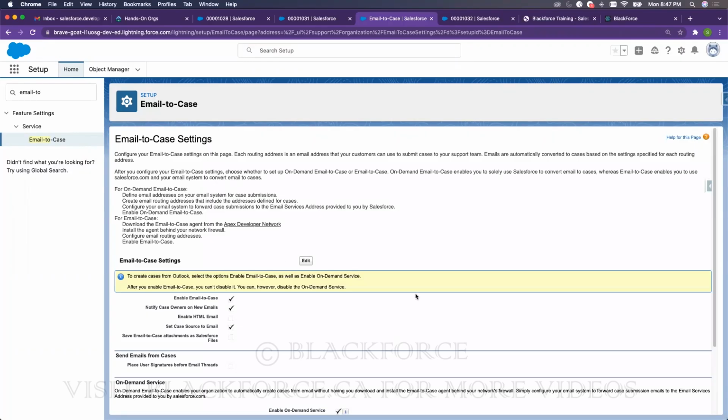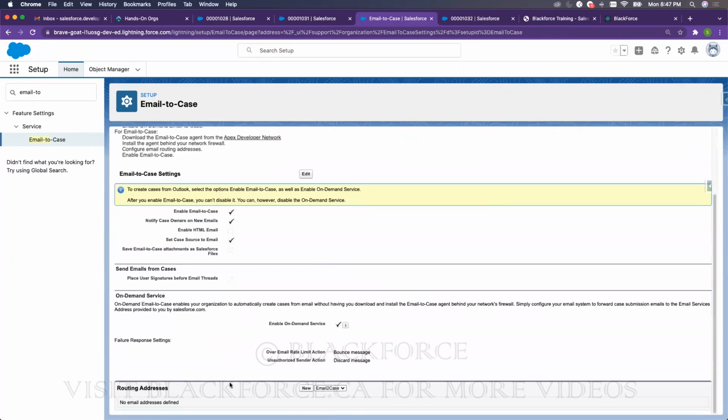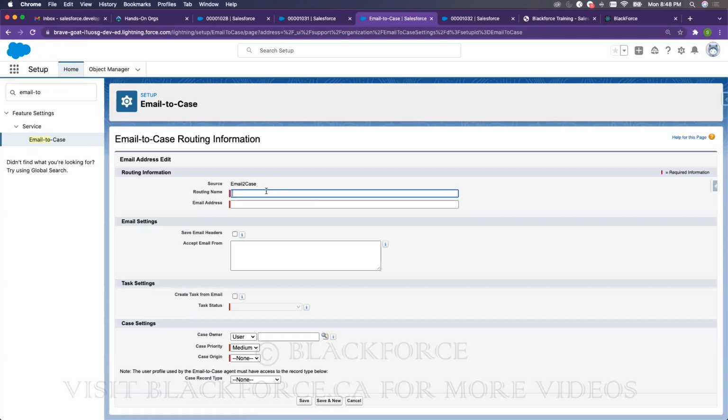Then now that I have this, some things would appear. So you have to create a routing address. So what's a routing address? A routing address is the address Salesforce will provide for you. Salesforce will provide you with a dummy address at salesforce.com. Then you talk to your network administrator to map that address to maybe your company address. So I'll explain that to you shortly. So let's just give an example of training